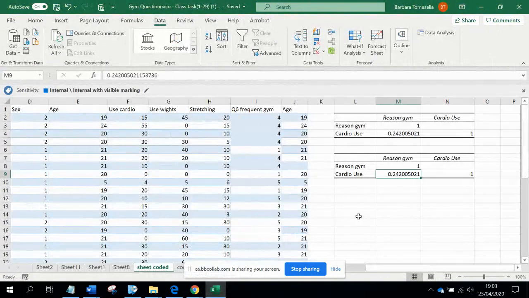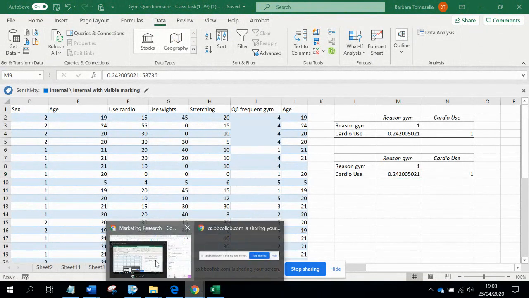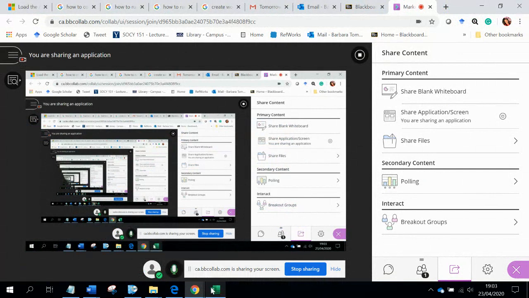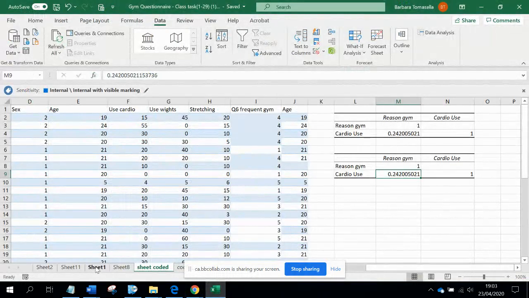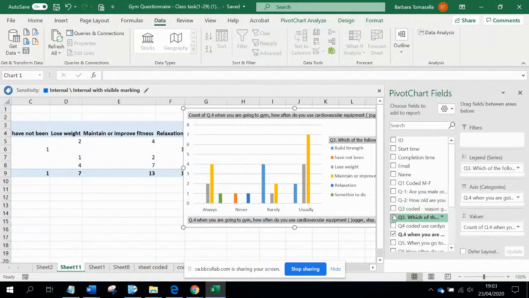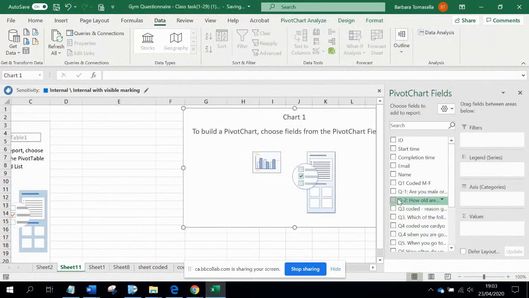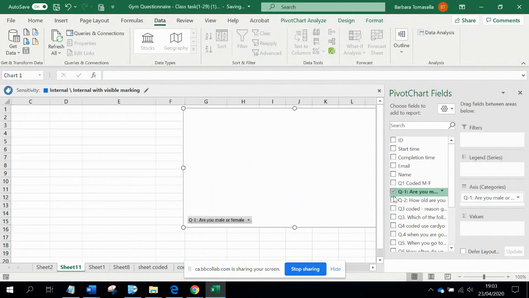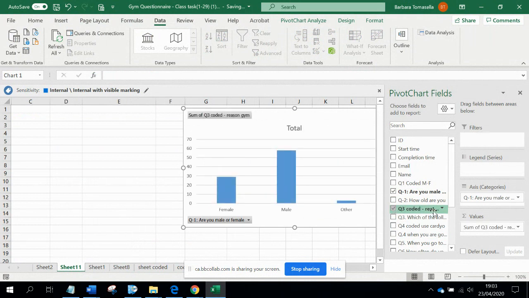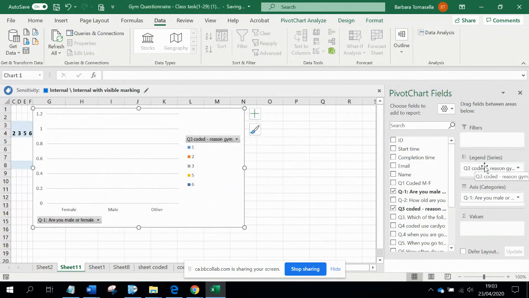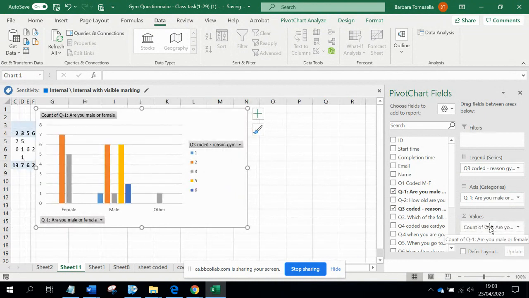So going back to my file, I could run another test, which I'm going to do here. Again, another interesting thing that we noticed before was the relationship between female and reason to go to the gym. So I'm going to put it here. I'm going to put Q1 as the axis. Actually, Q3 goes in the y-axis, and here the count is going to be the count of how many people of each sex choose